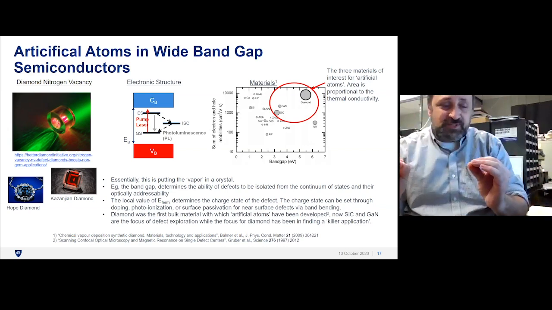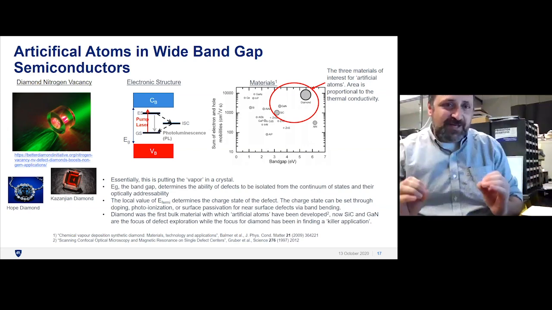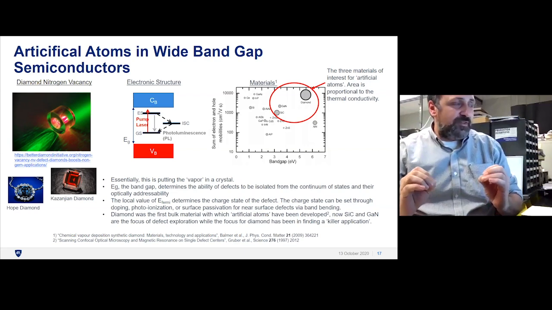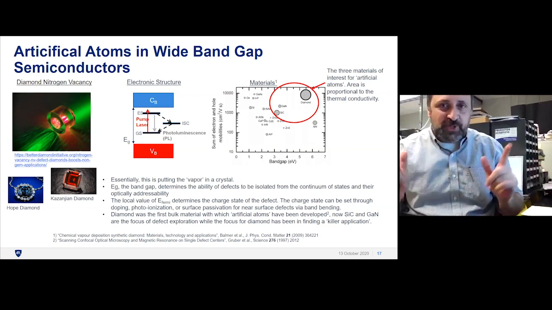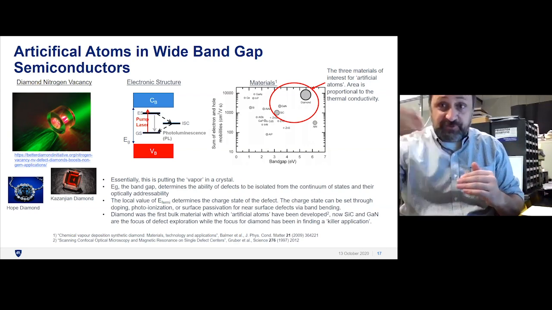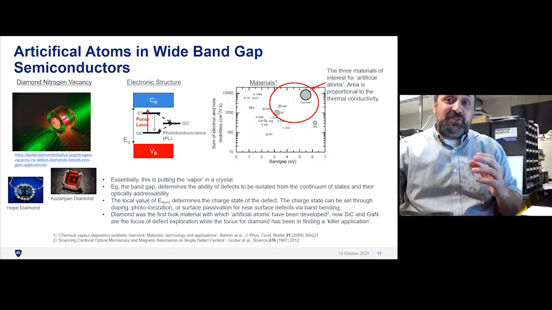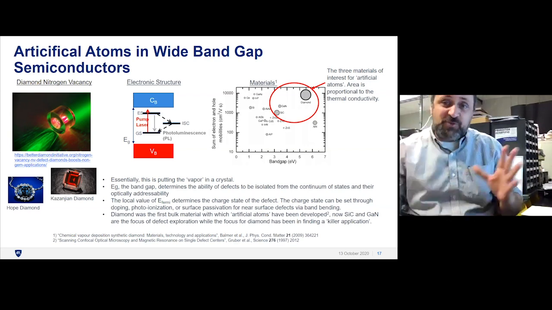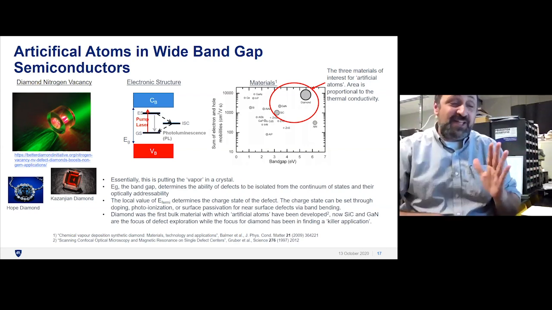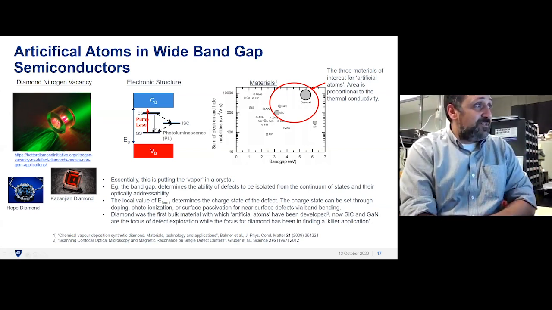With diamonds and other wide bandgap materials, they don't get their color, for the most part, from absorbing or from what they reflect. They get their color because of the luminescence, because white light's hitting it, and that's exciting these